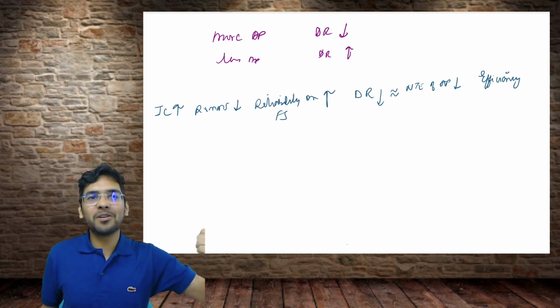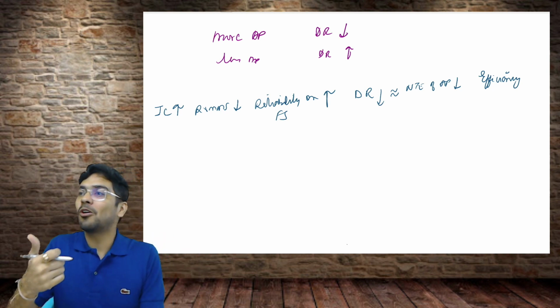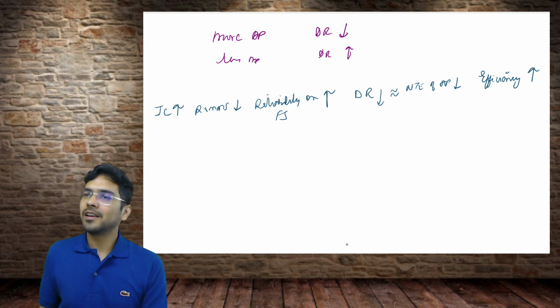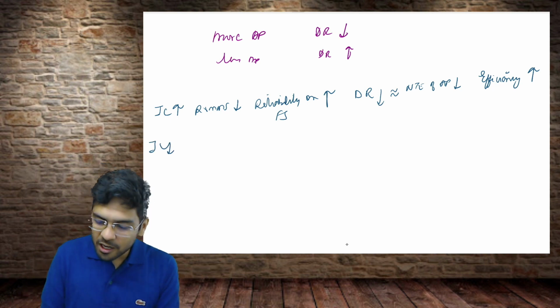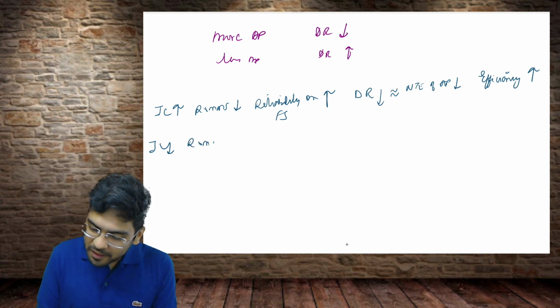Will this audit be more efficient? Will I be able to do things in less amount of time? So will this audit be more efficient? Yes. On the other hand, if I say internal controls are not adequate, okay, let's say, so probably then ROMMS